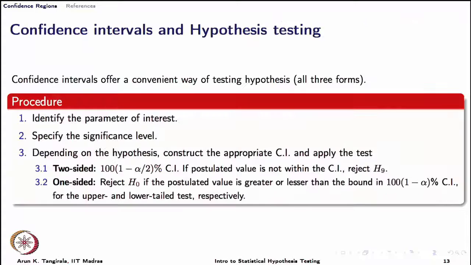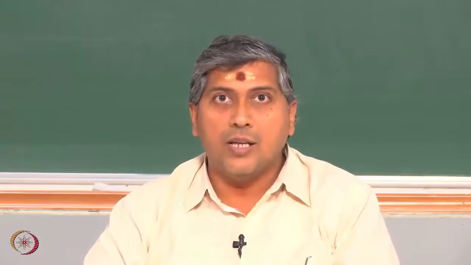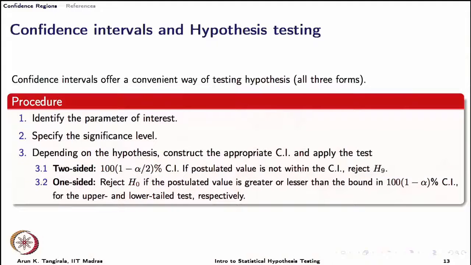Let us get back now to the second objective of this lecture, which is to establish the connection between confidence intervals and hypothesis testing. I have already explained the basic idea, now I am just giving you the systematic procedure. As usual, identify the parameter of interest and specify the significance level alpha. Now, instead of going through the critical region or p value approach, directly construct the confidence region depending on the